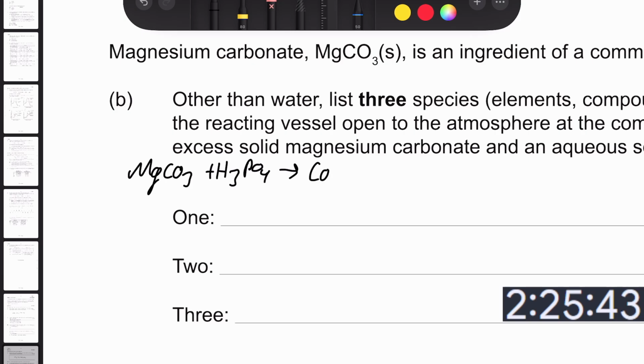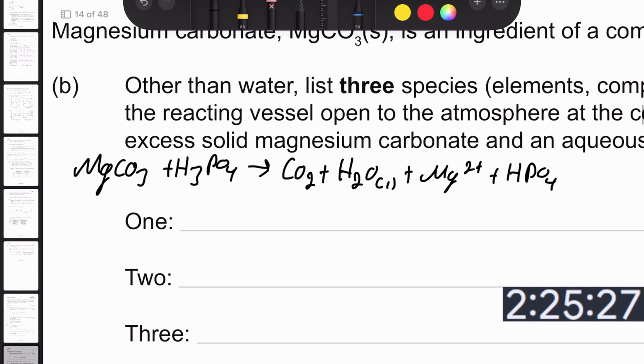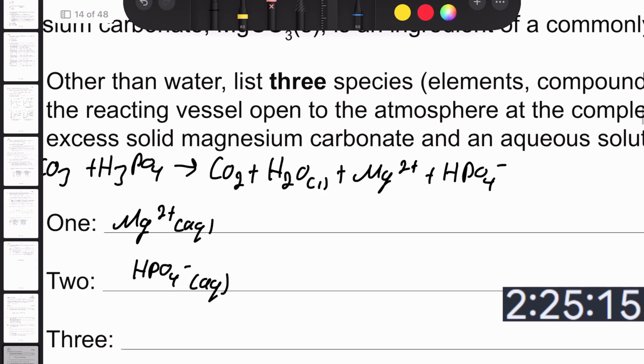So you get CO2 plus H2O plus Mg2 plus and HPO4. So other than water, we're going to have Mg2 plus aqueous. We'll have some HPO4 minus